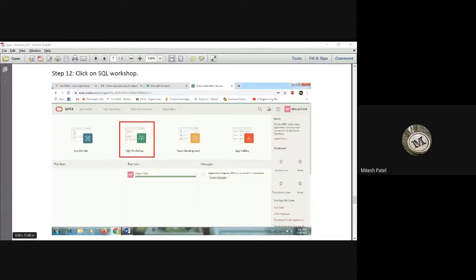What about others? One, two, three, four, five, six. Only 6 students have completed this login. What about others? Quickly do it.